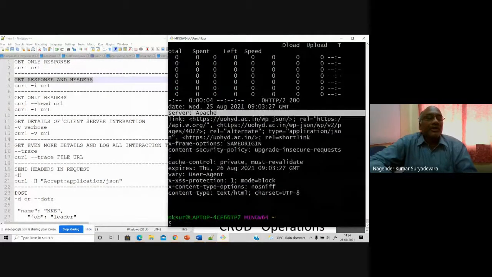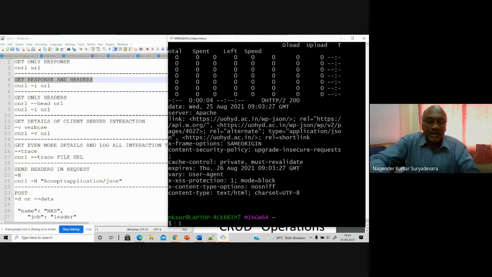Fine. So now if you want to see how the client server interactions are going on from one system to another system, you issue the command curl with -v, verbose. Verbose gives you the complete interactions for the URL which you set. The URL I'm setting is uohyd.ac.in.